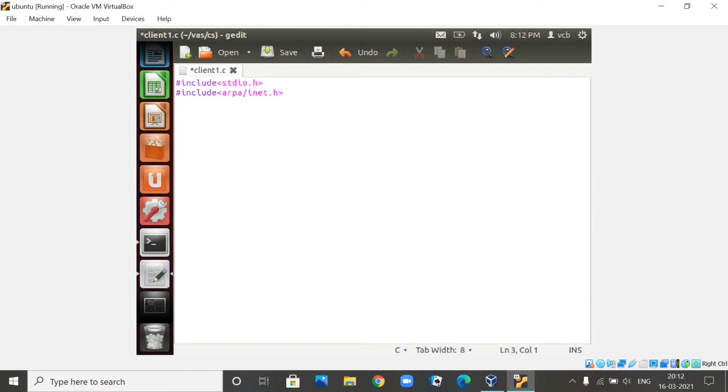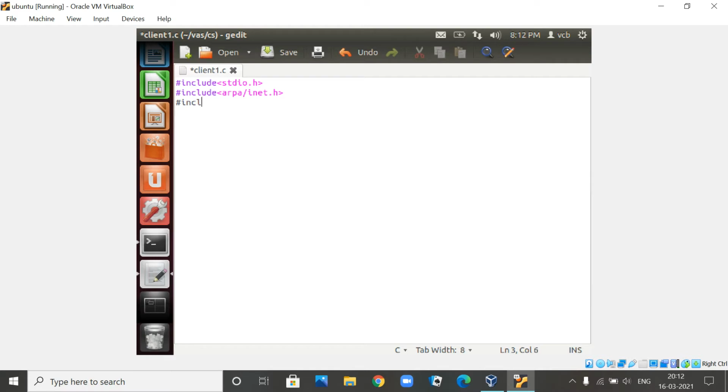arpa/inet.h is a particular header file which provides all the protocol suites, whichever protocol suites are required. They are present in this particular header file.